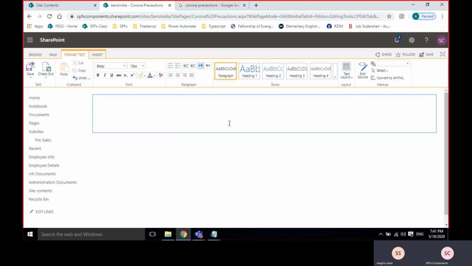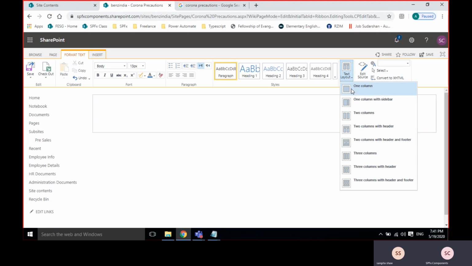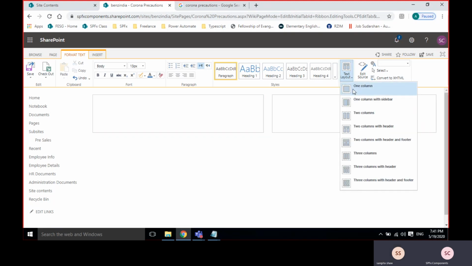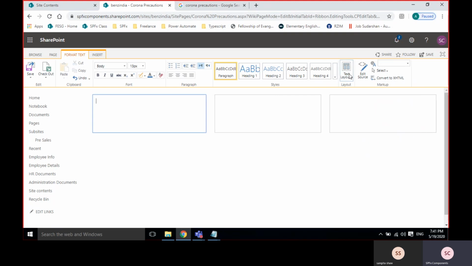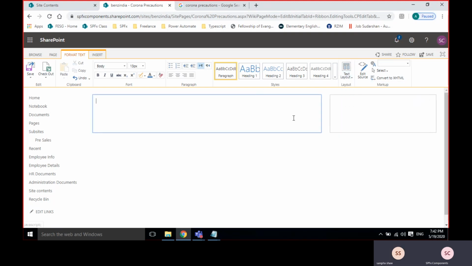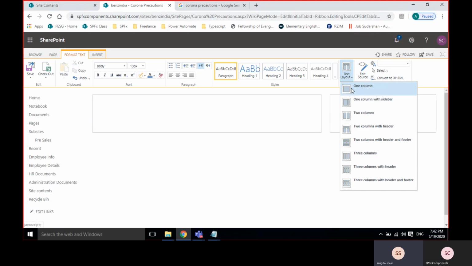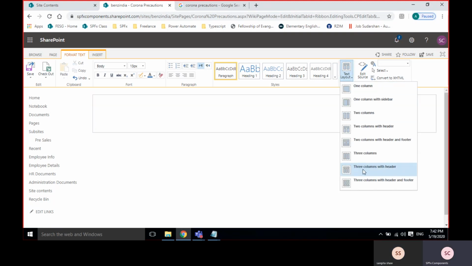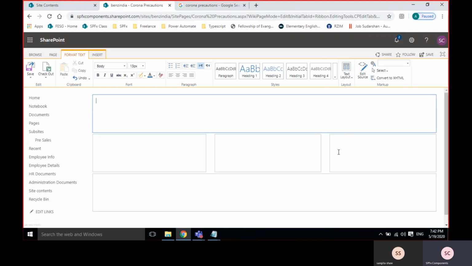Whenever I create it, I'll get this box by default. You can put the content. You can share it like 2 columns, text left, 3 columns, based on your requirement. We can change the design also, text layout, header and footer.